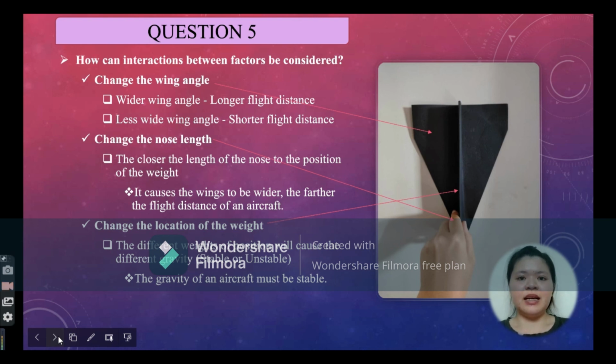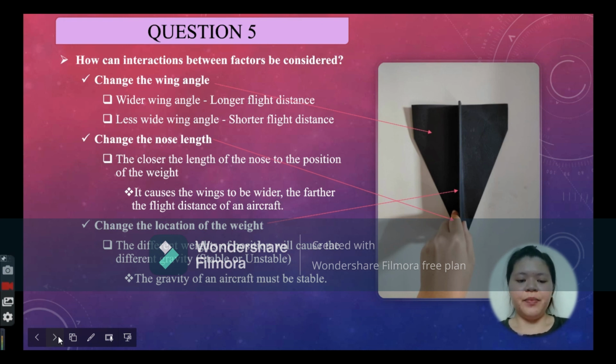The next method is changing the nose length. This nose length actually also affects the flight distance of an airplane. Based on the results of the experiments that have been made, we have observed that the closer the length of the nose to the position of the weight, which causes the wings to be wider, the farther the flight distance